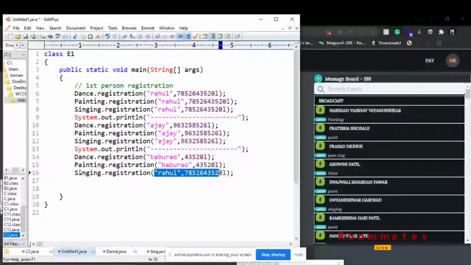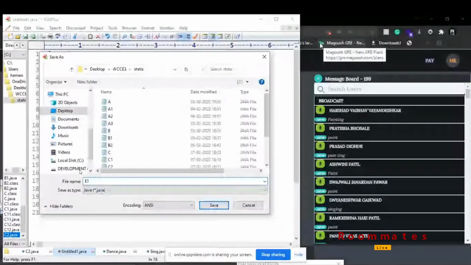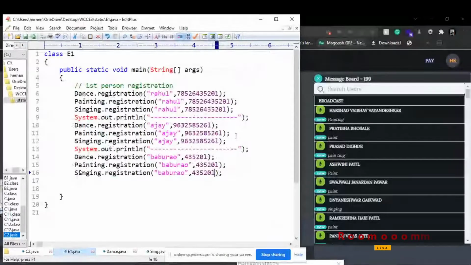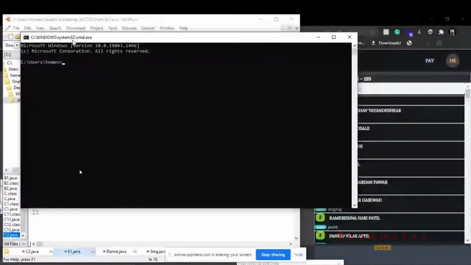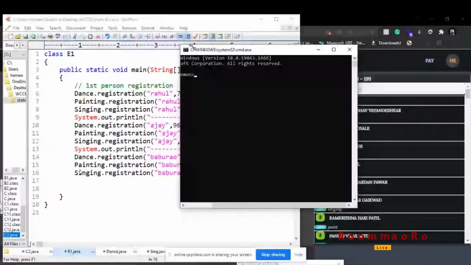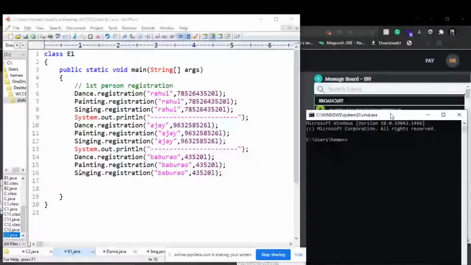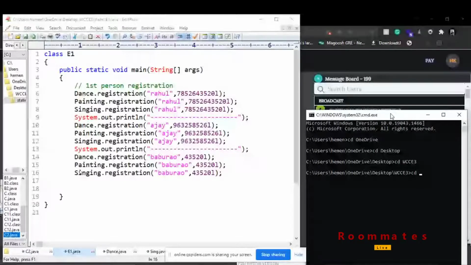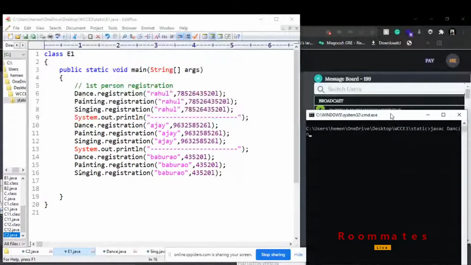I'll save it by the name E1, and I'll open the command prompt. I'll go to CD OneDrive, CD desktop, CD WCC3, CD static. First, I will go with dance.java.